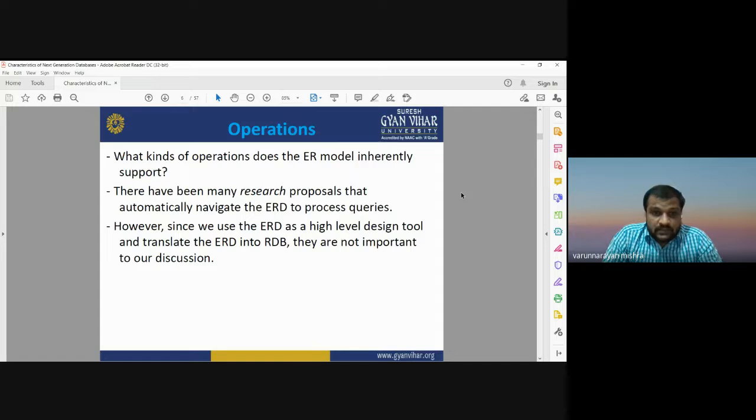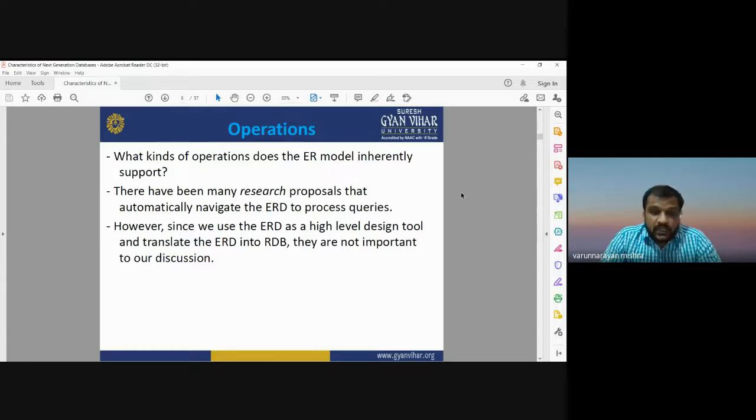Now, operations. In the entity relationship model, there are different kinds of operations. We need to know what kind of operations we are going to use in developing any entity relationship model. These are inherent operations in any entity relationship model. There may be much research that proposes to automatically navigate the entity relationship diagram to process queries. However,